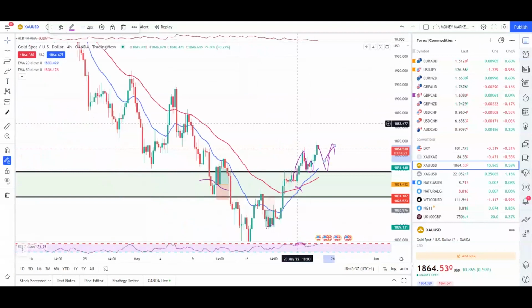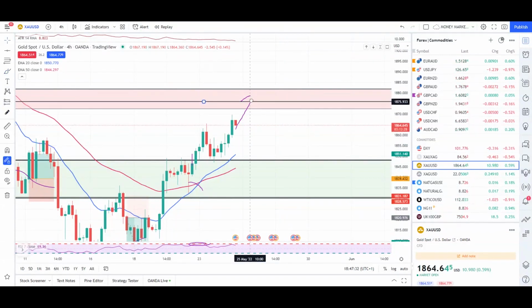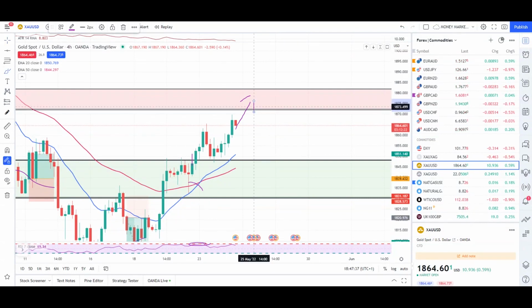I'm not taking any sell entry, but let me give you the next resistance. Right here, this is our next resistance where I expect the market to hit, and this is 1872 that goes up to 1881. Once we have a hit of this zone, I'll be looking for my sell confirmation, either an engulfing candle or a double top entry, and I will use my ATR for the targets. And again guys, I'm going to show you how to take targets, how to use ATR, Fibonacci, and everything. Whatever I talk about in my videos and analysis, I'm going to show in this weekend's video. So just bear with me.